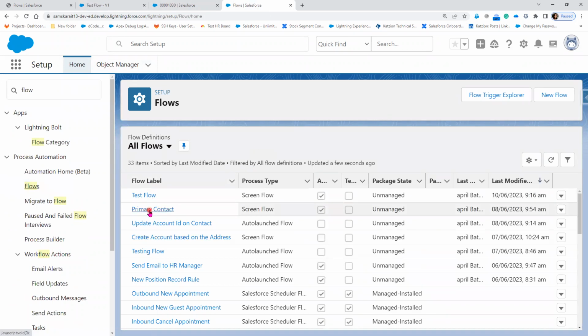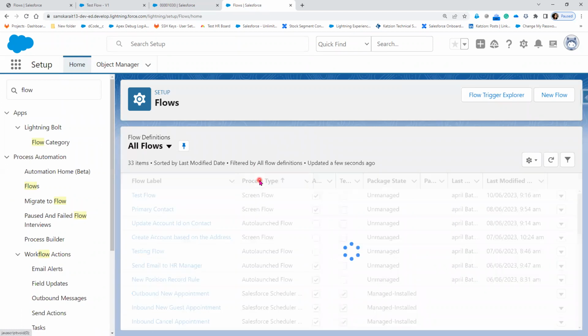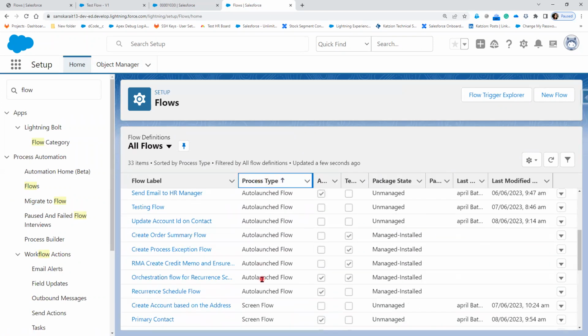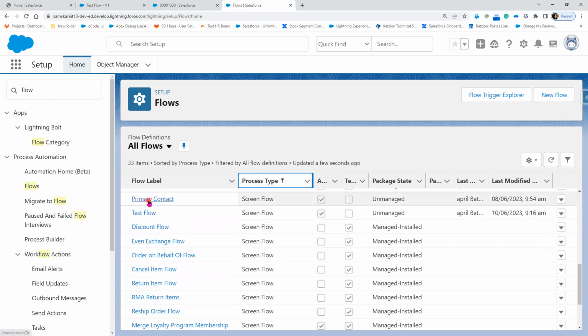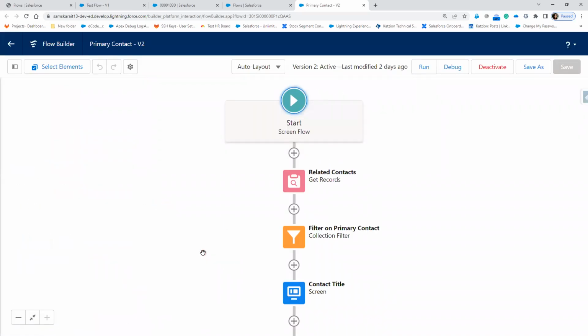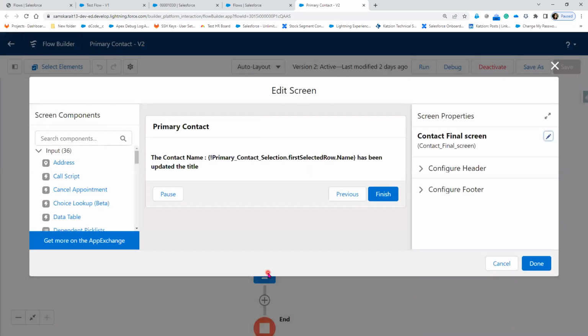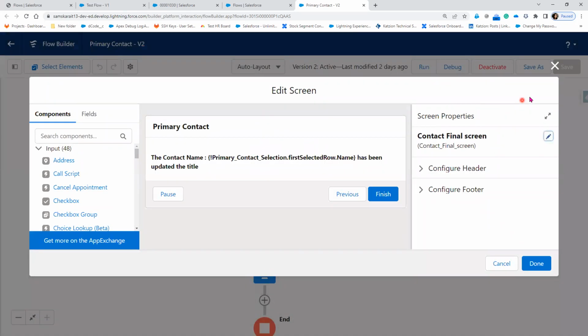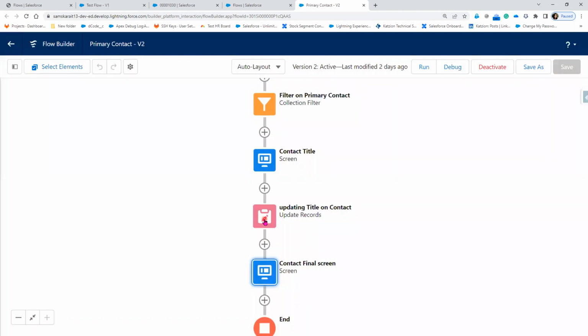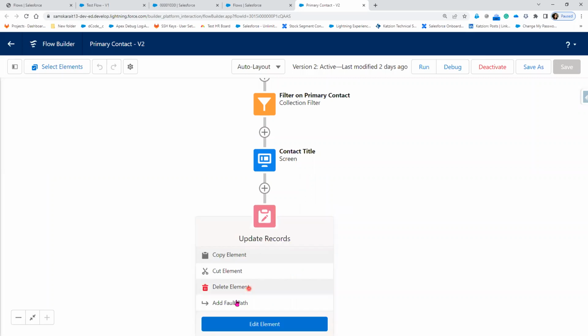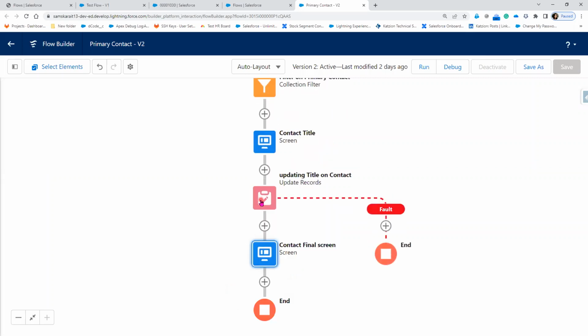In another flow, let's say, okay, screen flow. Here I have a primary contact, which we have implemented. Now this is the screen flow, right? From this screen flow, during this time, the contact final screen has the data. Now here we are updating the contact. While updating the contact, I received an error